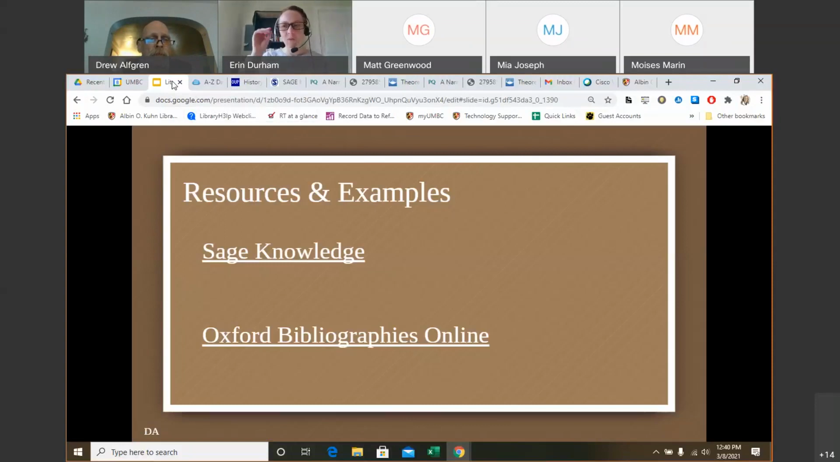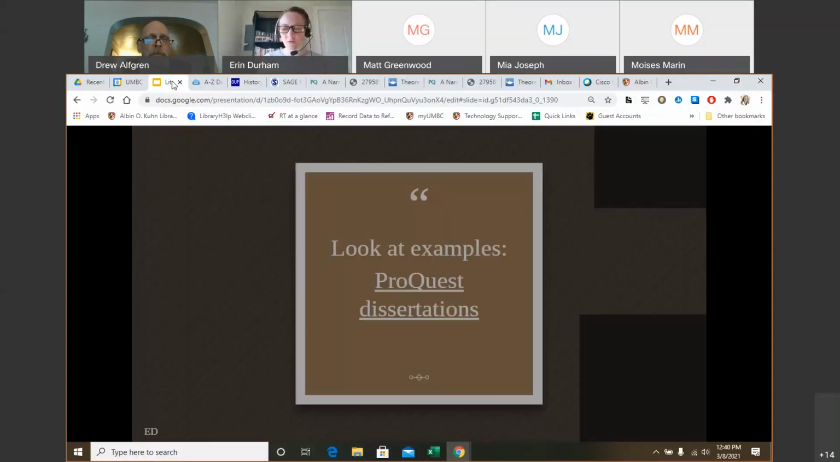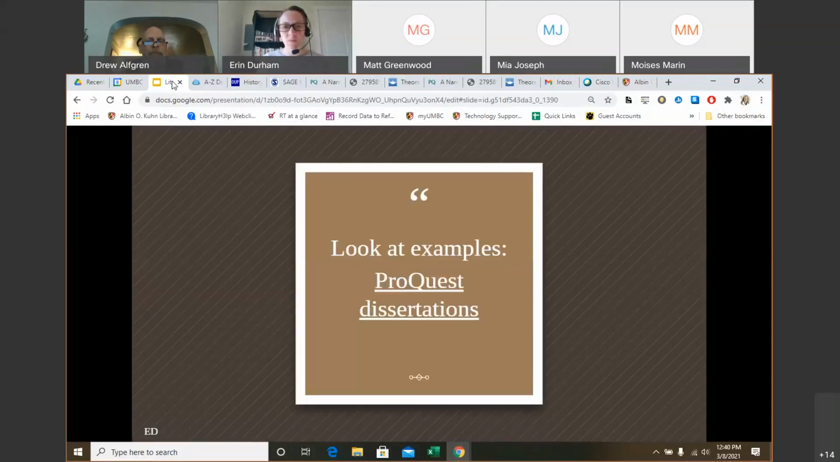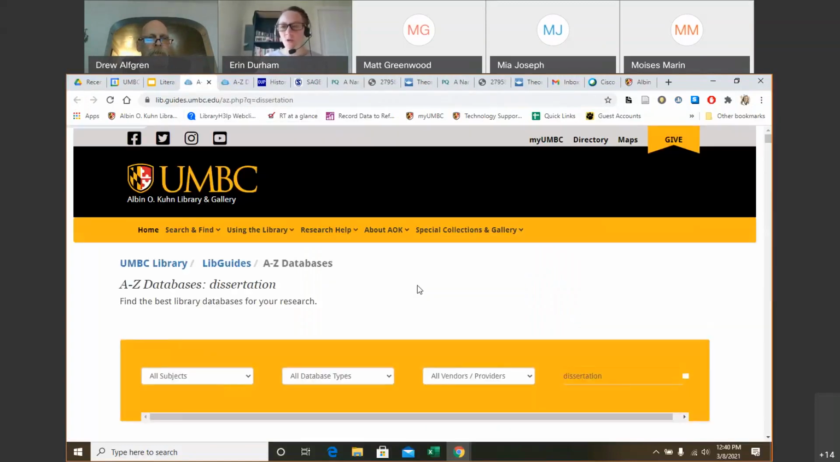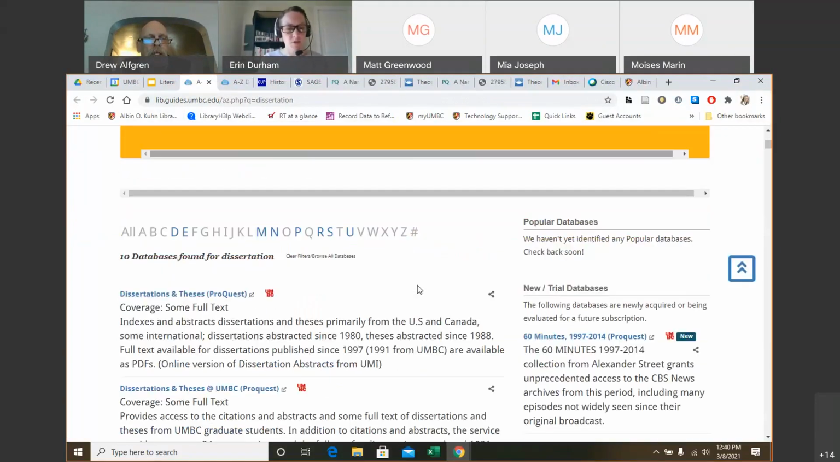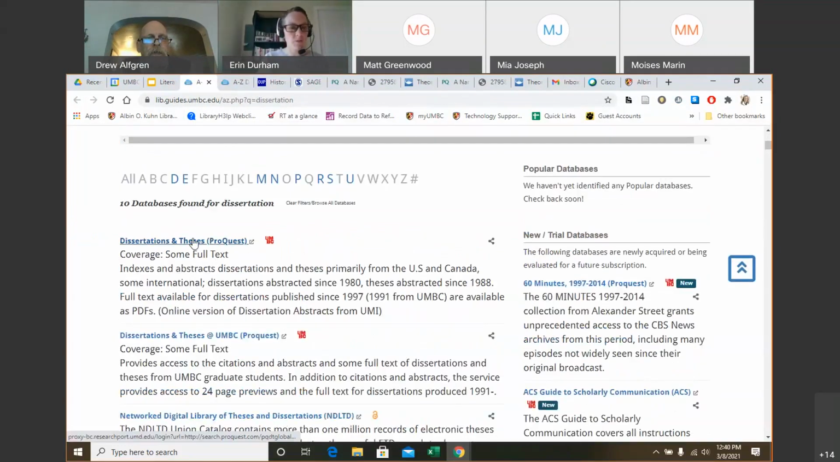Now we're going to look at a database that can be useful on any topic. This is our ProQuest dissertation database, and it's going to focus on theses and dissertations. All right, and I want to point out that we do have the national, international ProQuest database, but we also have the one focused on UMBC. Please pay attention to that one,